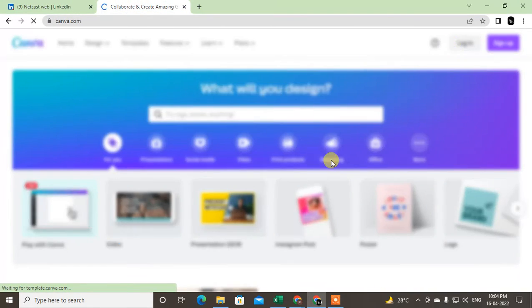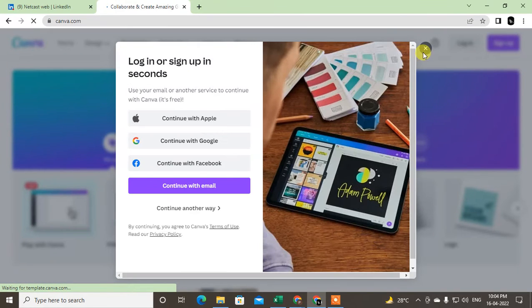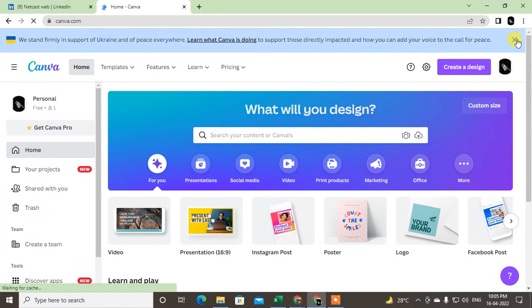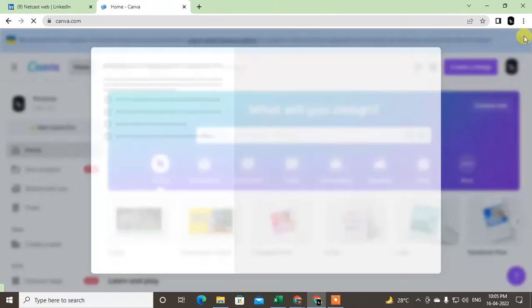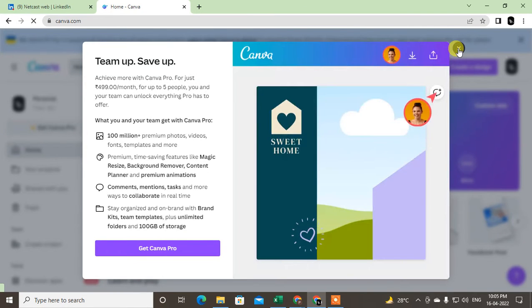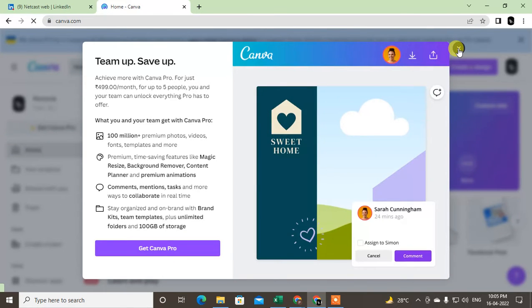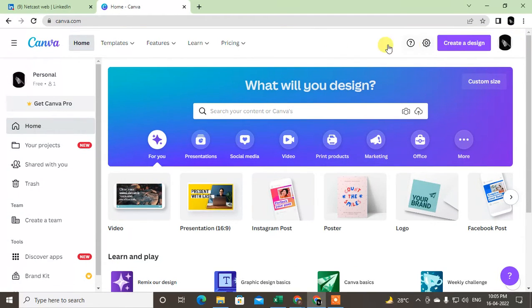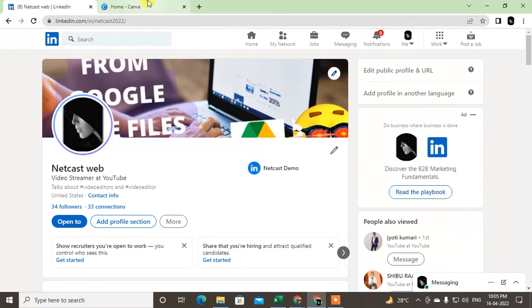So I just log in with my email ID, continue with my email ID here. It is a free website to use. There is a premium version also, but the free features are enough to design any kind of poster and presentation. So for a LinkedIn cover page or background, you have to go to